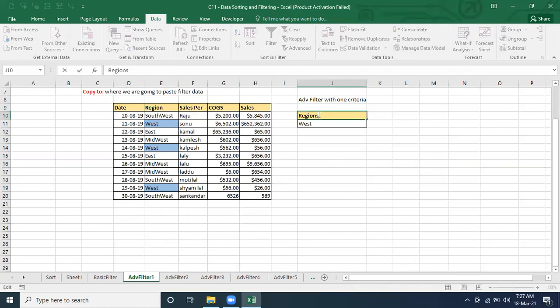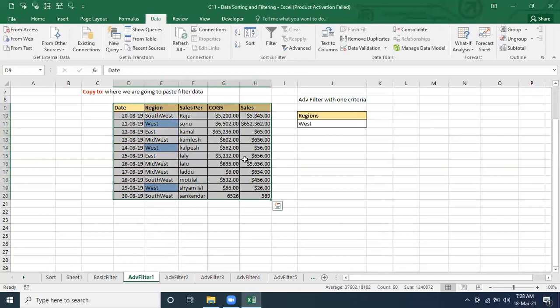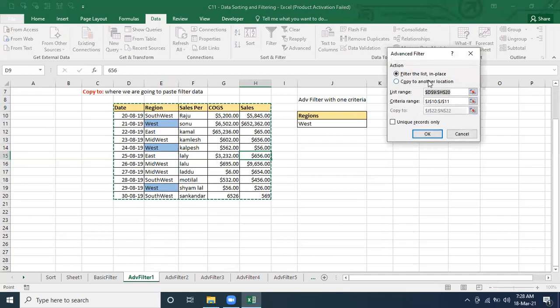Let's say you mention Regions by mistake, and here you have Region. So now I am going to do the advanced filter. It's not asking whether your data has a header. There's no yes option, there is no option.